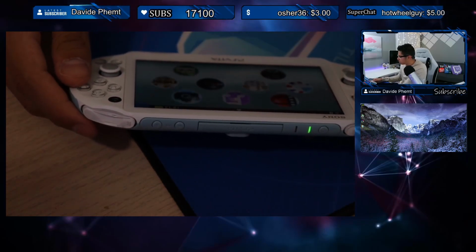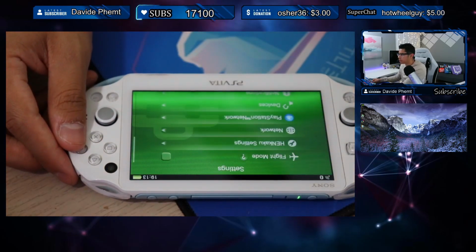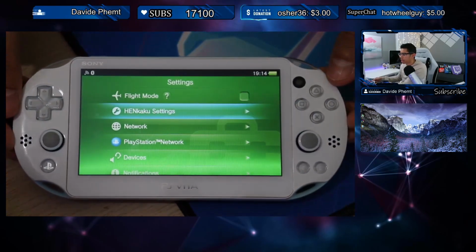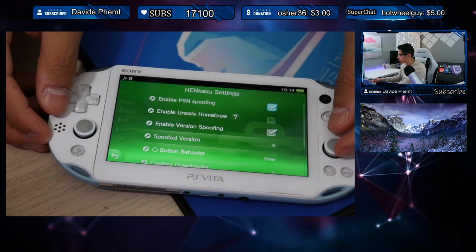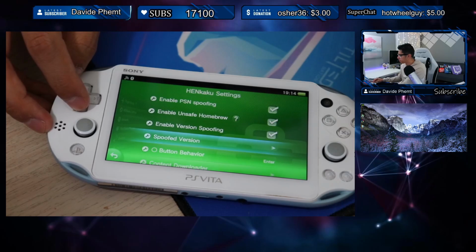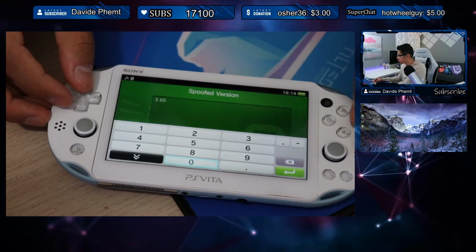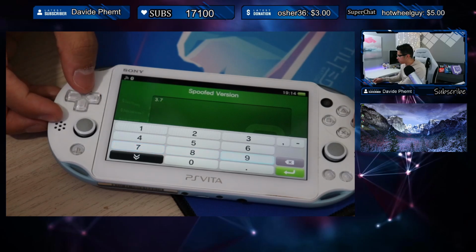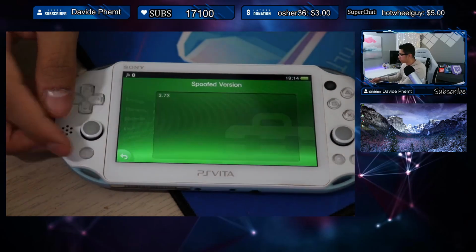Let's go into our settings, and we have the Henkaku right there. So we now have the firmware installed, and we will go to enable unsafe homebrew and spoof version. This is very important, guys. Make sure that this is set to 3.73, like that. Enter, go back,